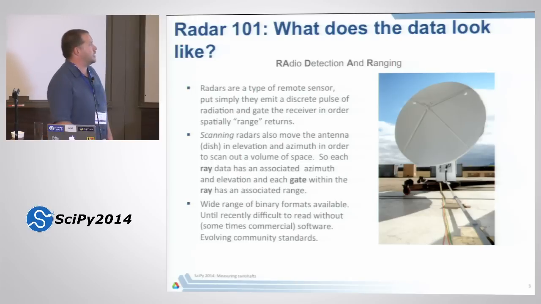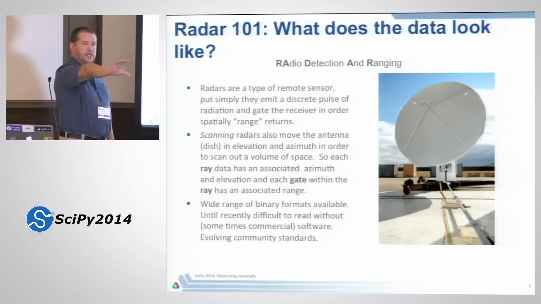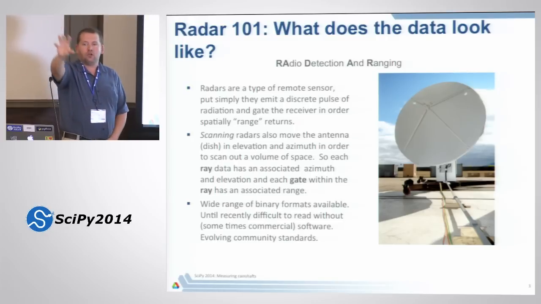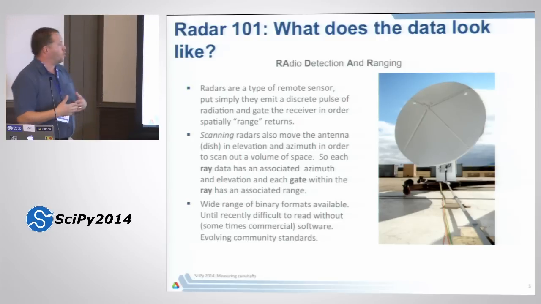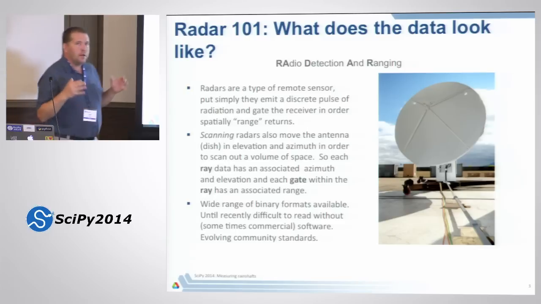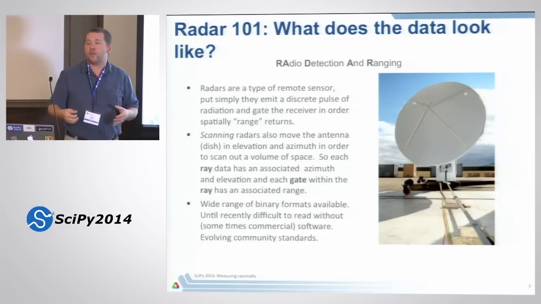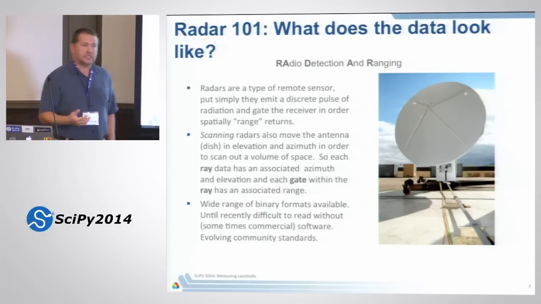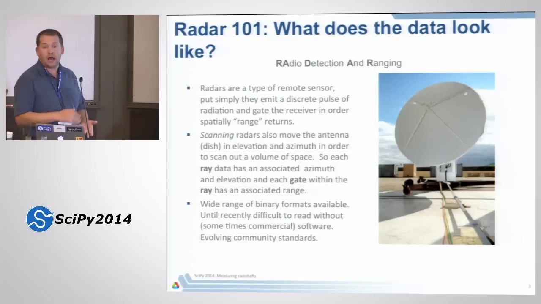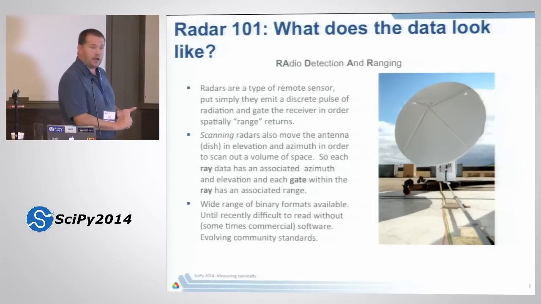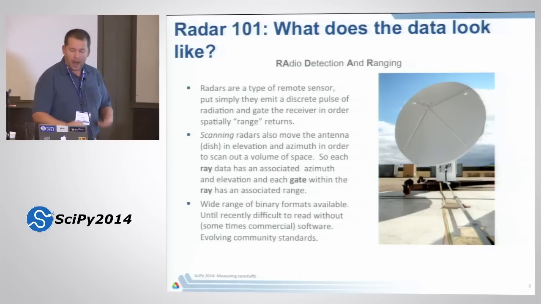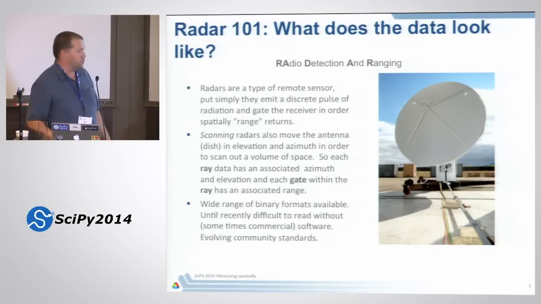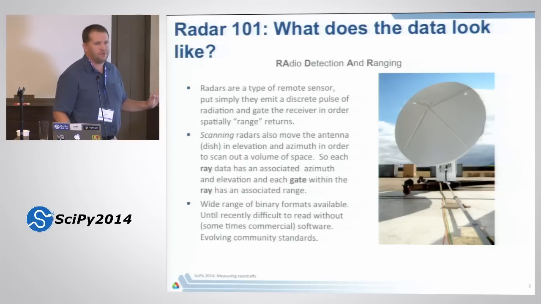So scanning radars also have the ability to move the antenna or dish in azimuth and elevation as well. So in the end, you can map out a volume in space and work out what your scatterers are giving. A typical measurement, which I'll get to in a second, that we measure is something called reflectivity factor. Basically how reflective something is, whether it be a bird, a plane, or in our case, distributed scatterers like raindrops, cloud drops, and ice.